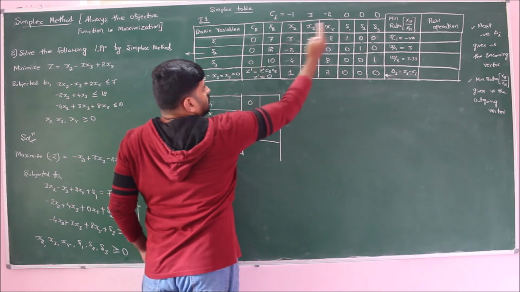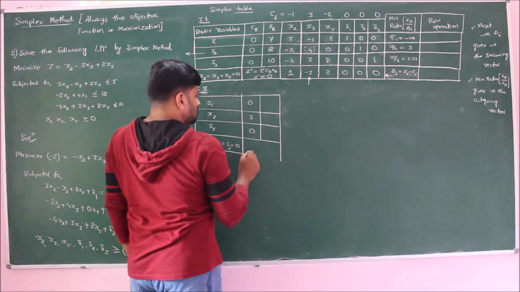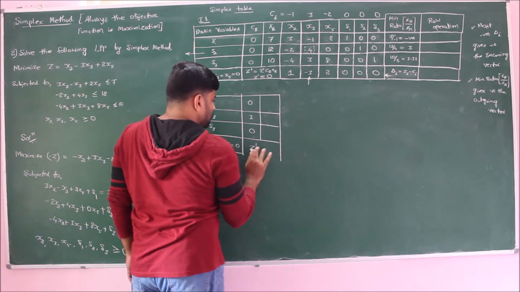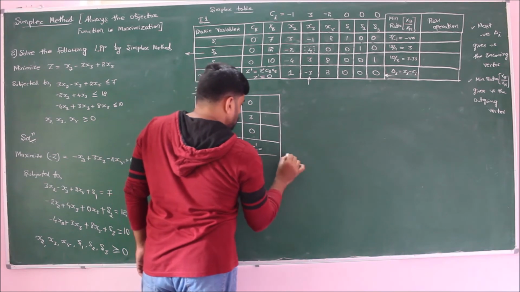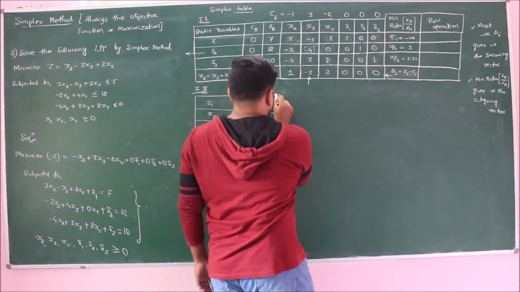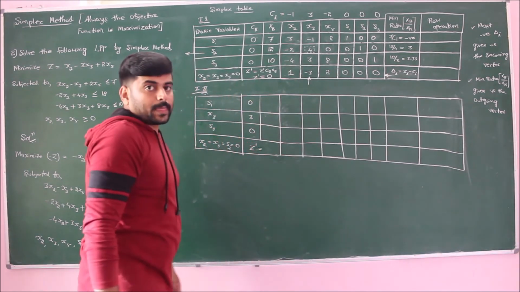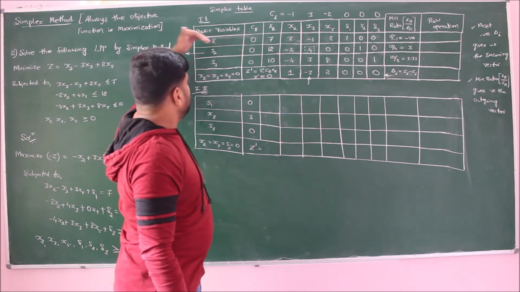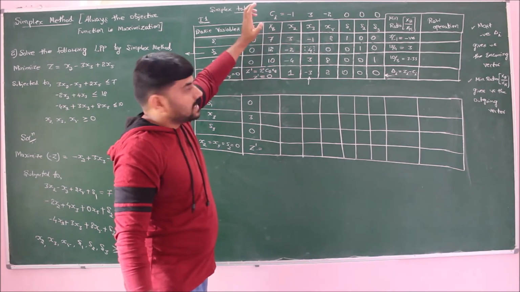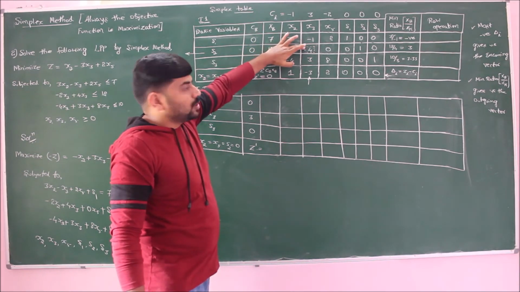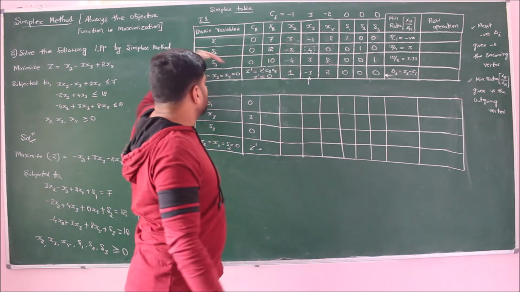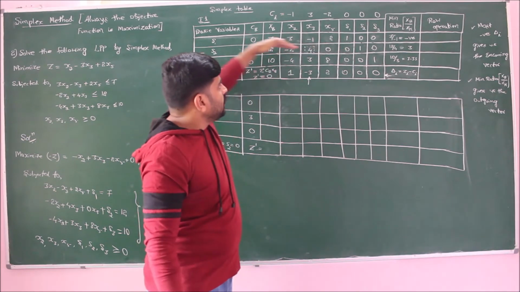Now from xb to s3 I should do row operations and also find the value of z prime, which is nothing but minus of z, by performing the row operations. Let us perform the row operations. Now the key element is 4, corresponding to row 2. I already said in our lecture 1 that the key element should always be unity. So to make this key element unity I should divide row 2 completely by 4.